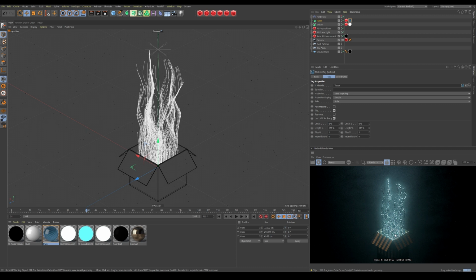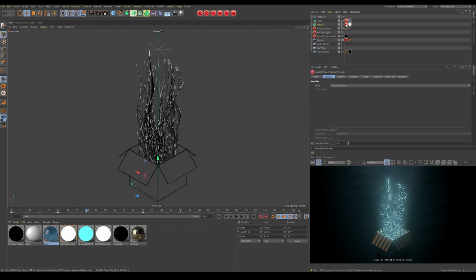Now there's one more thing we can do to make this slightly more interesting. If you've noticed, I've got 3 different incandescent materials here. Now I don't want these all to be exactly the same color, these dots. I want them to be varying slightly. So instead of using, in our emitter, and we come to our object tag, instead of using sphere instances, what